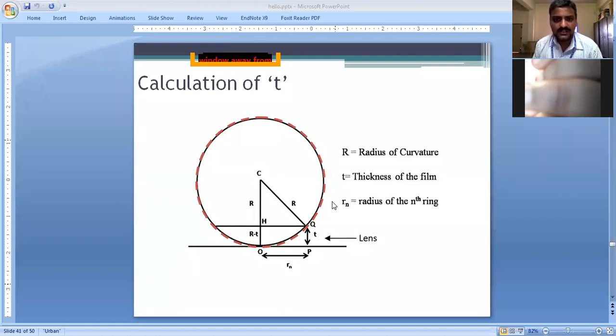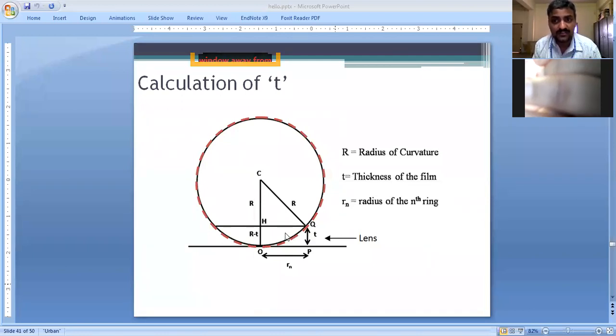Okay. So let's come back to this circle. This circle is actually a hypothetical sphere. Please try to understand this line. Can you notice a plano-convex lens here? The cross section of a plano-convex lens with its point of contact at O. Only this portion is the plano-convex lens. This dotted circle is just an imaginary circle, right? I told you about radius of curvature.